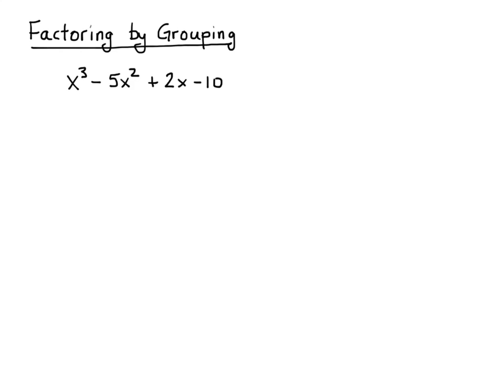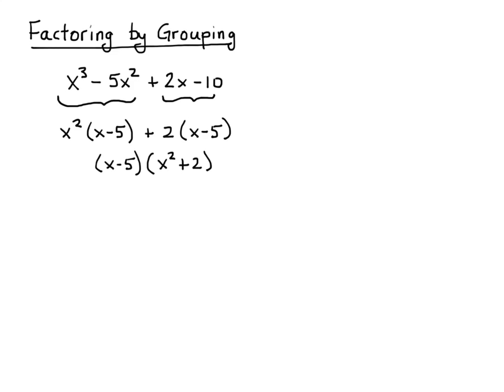make a grouping here by doing something like this, where we say, okay, let's factor out the x squared and factor out the 2. And then we factor it a little more by taking out the x minus 5. Now it takes a little bit of looking to see the little clues, like you see potentially a 2 being factored out, or potentially an x squared being factored out from the first 2, and a 2 being factored out. One of the things about factoring is that when you factor